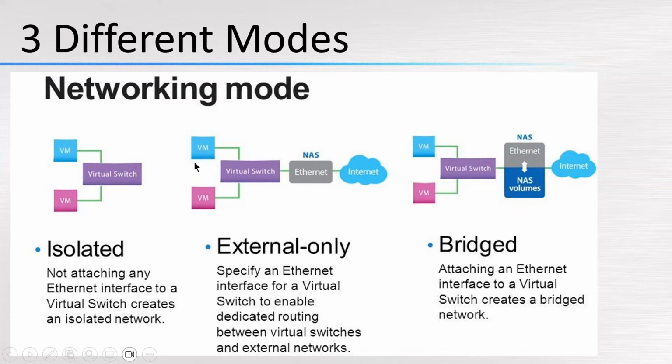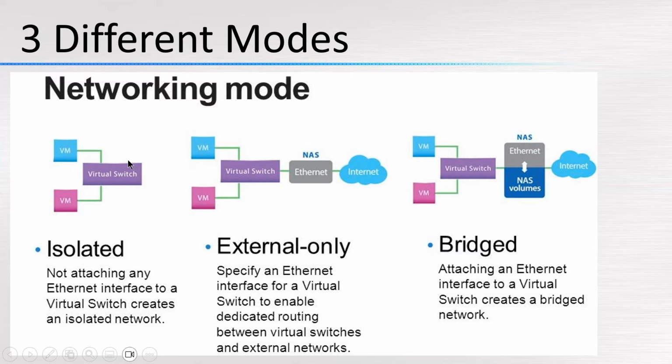External only, the virtual switch is connected to your NAS Ethernet port. But what makes it different than bridge mode is these VMs are forbidden from going internally to your NAS storage. So if the VM wants to transfer a file to your NAS storage, you actually have to go externally to a physical switch and then back to your NAS storage. Bridge mode, the virtual switch connects to your NAS Ethernet port, but we also allow VMs or containers in the virtual switch to internally transmit data to your NAS so that you can transmit data faster than your Ethernet connection. And then I didn't put it here, but